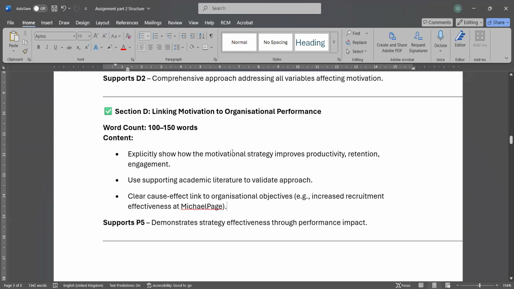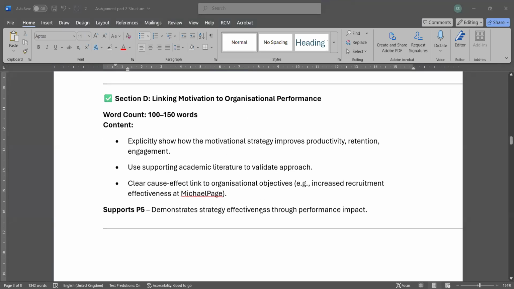So maybe you are using a motivational strategy in which you are setting some kind of monetary incentive. When you increase the monetary incentive, your salespeople are going to work hard and try to sell more, and it will help to increase the sales of the company or meet the sales target. So this is how you are linking with the organization's performance. Let me show you another example of how you can do it in tabular form. I will show you later how you can do it in the tabular form also.